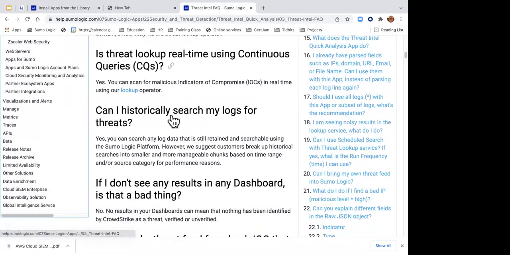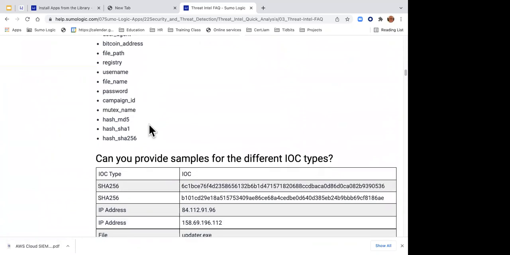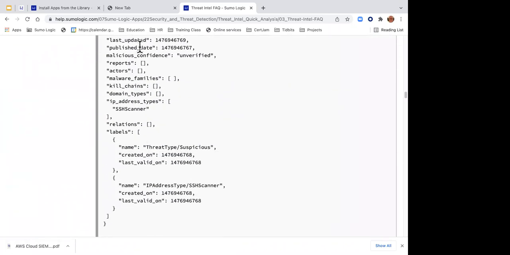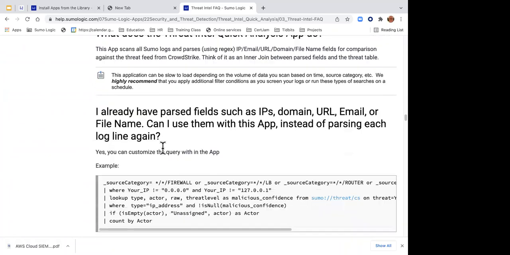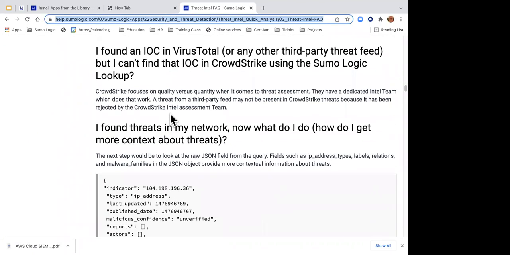If I go to this particular link, I can see that I can look up an IP address, a domain, a URL, all kinds of stuff here, even things like a Bitcoin address. And then it will tell me information about this, like who the actors might be, if it's a state actor or a non-state actor, and various other fields. So it gives you a little idea here about this CrowdStrike interface.